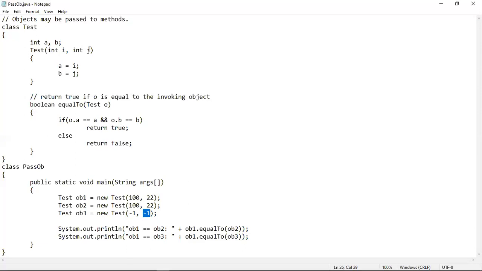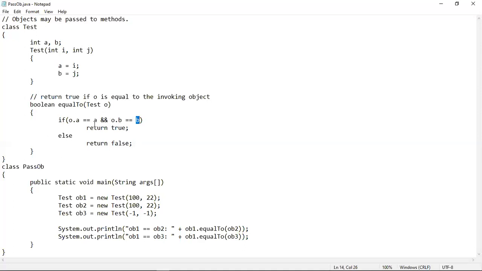This -1 has been passed into this J using the object OB3, and then this -1 has been passed into the instance variable B. So O dot B means OB3 dot B or -1, and the right hand side B means the value that has been passed into the variable B using the object OB1, and that is 22. So the left hand side is -1 and the right hand side is 22, which are not equal. So both the conditions are false.